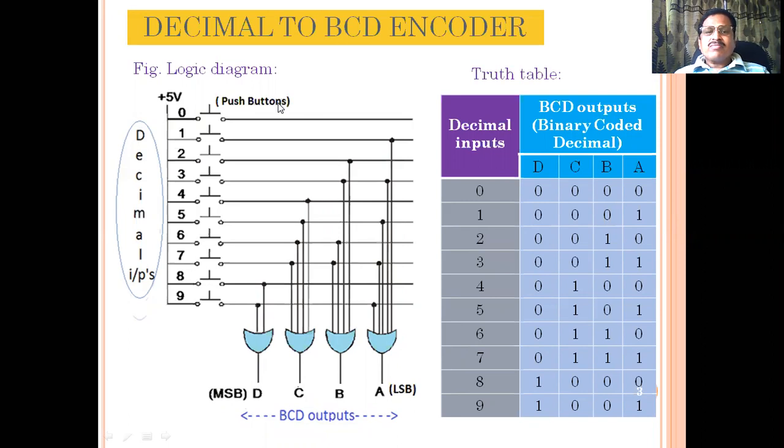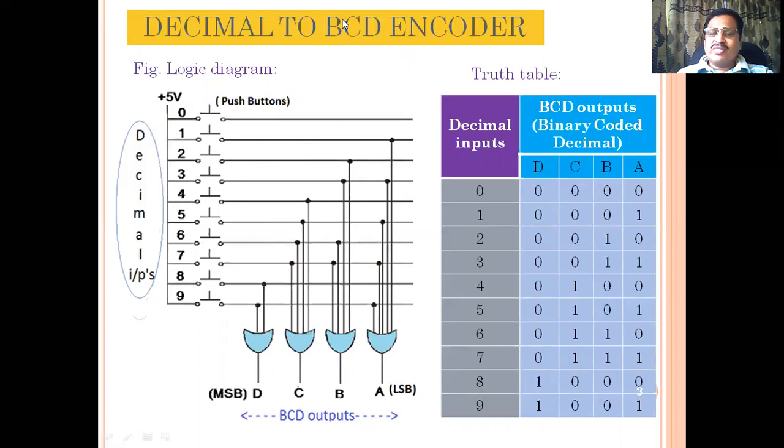Looking at the working, as I said, there are 10 decimal inputs 0 to 9 shown in the decimal input column. Corresponding to every digit we apply at the input, you will get the 4-bit BCD output as a conversion or coding. An encoder, you may also call a coder circuit, converts the usual type of information known to us, such as decimal information, into BCD output, so it is called a decimal to BCD encoder. Let us understand one by one how this circuit will work.